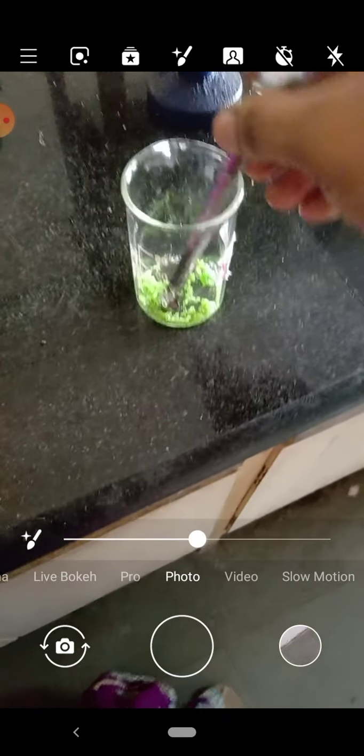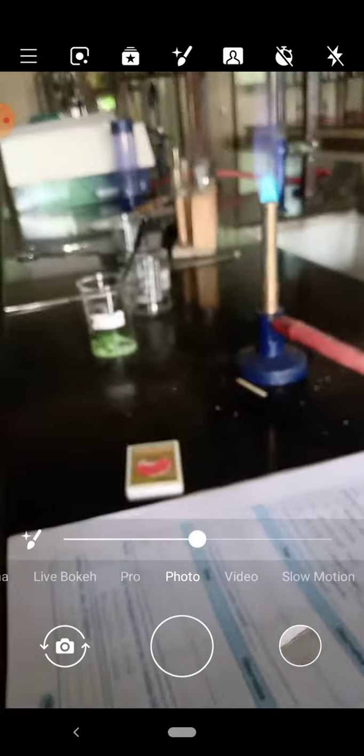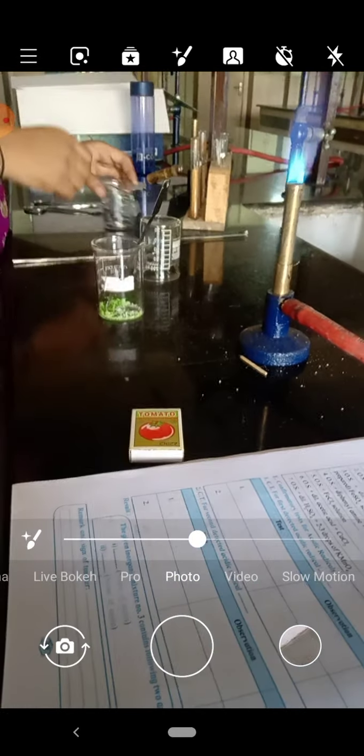This is our given mixture. See the color, it's a green whitish color. Whatever color is observed, you will write down. And nature means we have to check with a test tube. Take a test tube and add water so that you will see whether it is water soluble or not, that you will come to know.